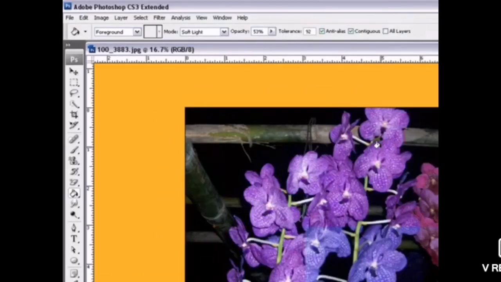See here, at a time I can choose different modes. I have changed the opacity to 53%. Now a few flowers I want softened, a few I want burned, and a few I want different. That way I can make changes to my flowers. I can change the color of it, and I can give it a show. Different varieties are there which I can do of the same flower.